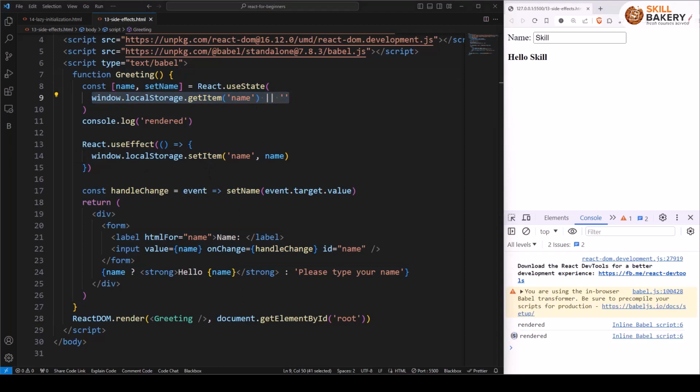We only needed to read from local storage for the initialization of our state. We don't need to have it read from local storage every single time we re-render. This isn't really a huge deal here because reading from local storage is pretty fast and we are not parsing anything. But if we were parsing a big JSON object, then this could be a problem. Now to combat this,